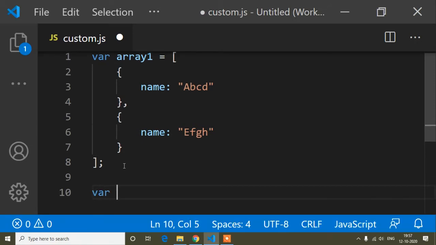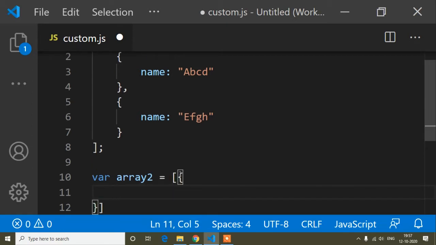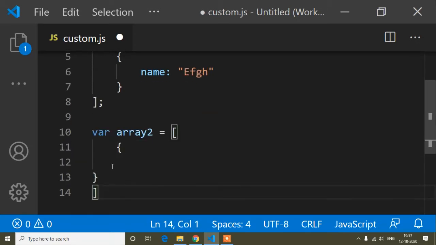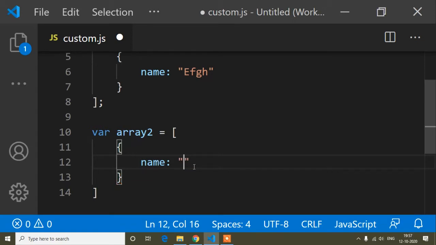And now I will create a second array. So var, and the second array variable name is array2 equals to array, and now again I will create objects. So here the first object property name, and the name value is ijkl, and again I will create another object.